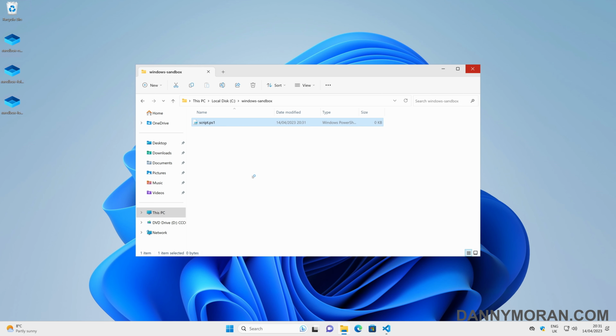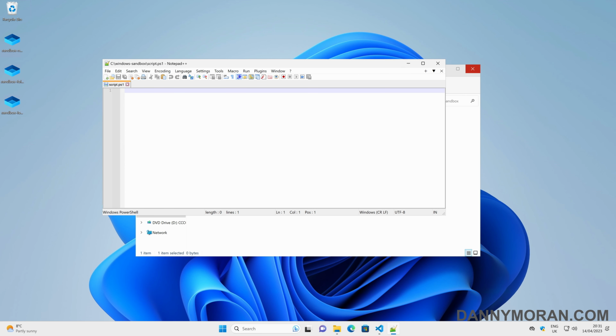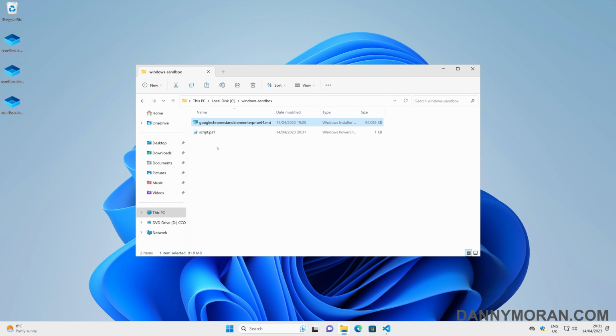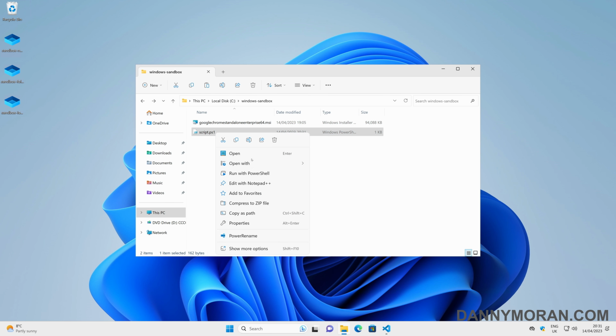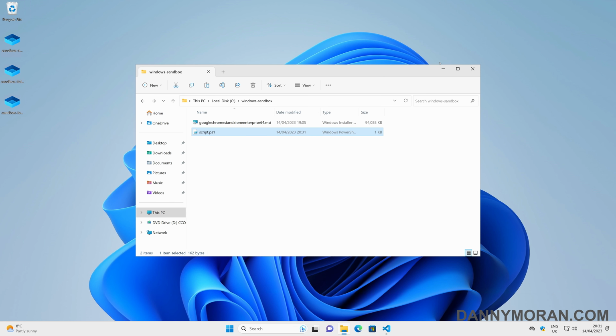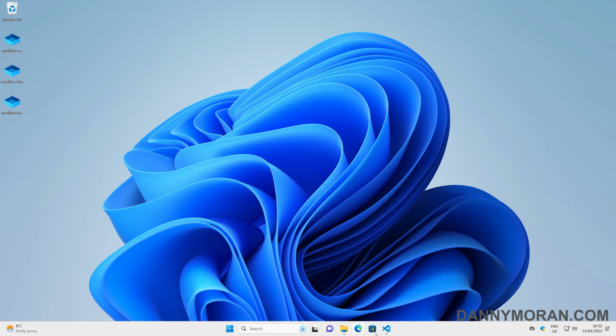So if we've got the sandbox in here, we'll do new file and we'll call this script.ps1. And then if we edit it, for this script we'll just get it to start Edge, open up some files, and then run the Google Chrome installer. So if I save that and then grab the installer and also put it in this directory, because it's running from C:\Windows Sandbox, but this will be in the sandbox. So if I come back to my script,